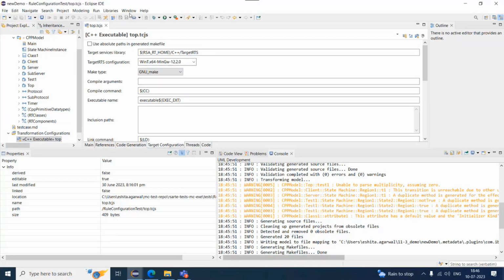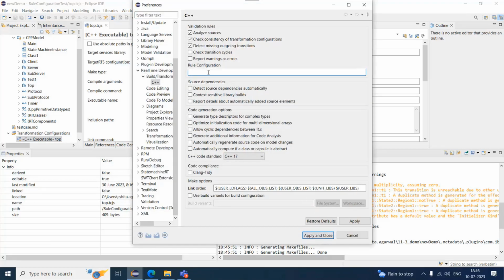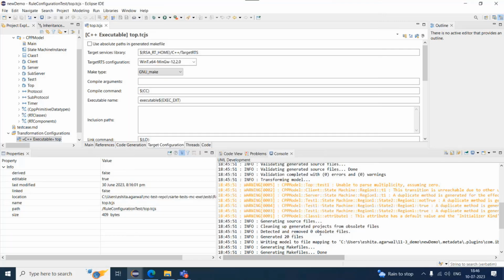So I can go to my preference and I can, for instance, change the severity of the first rule to error, the second rule to info, and I can disable the third rule. I'll just apply. So if I now clean and build,